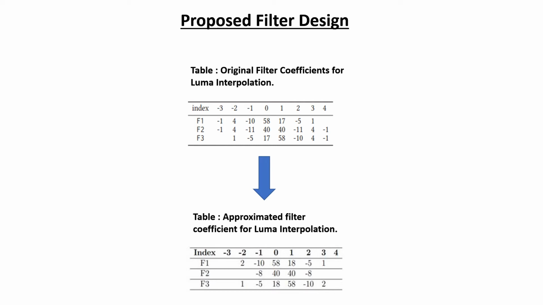If you compare our work with the work done in reference 2, they have implemented the luma interpolation filter with 30 adders, and they have approximated all the filters f1, f2 and f3 to 6 tap. Their BD rate is increased by 0.02%, our BD rate is increased by 0.5%. So there's a slight increase in our case, but the saving is huge in terms of hardware.